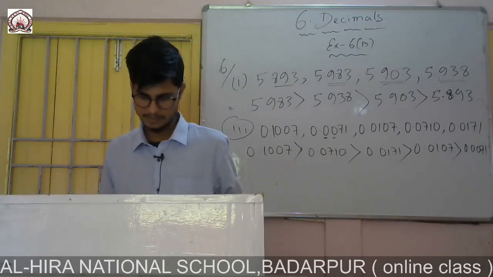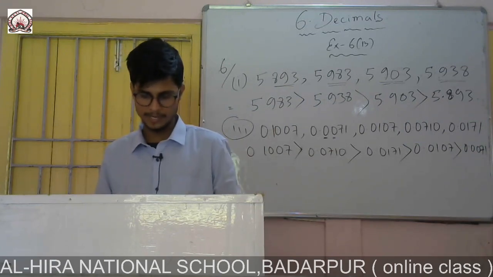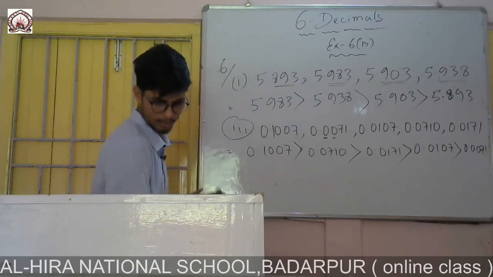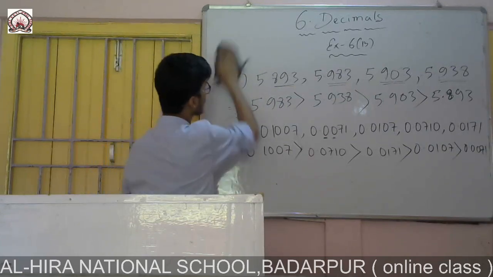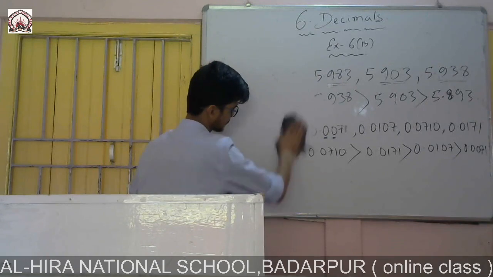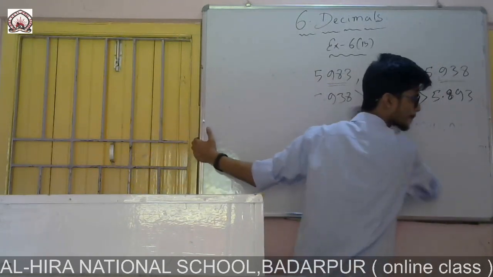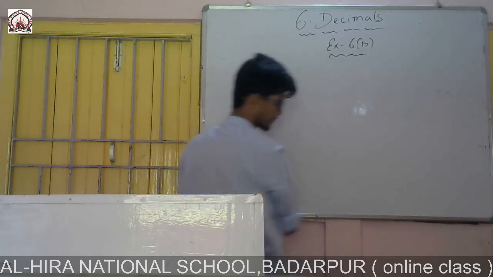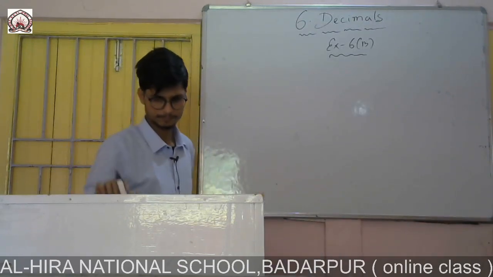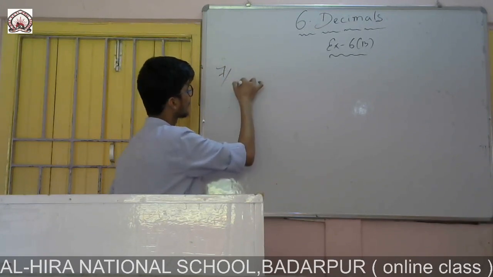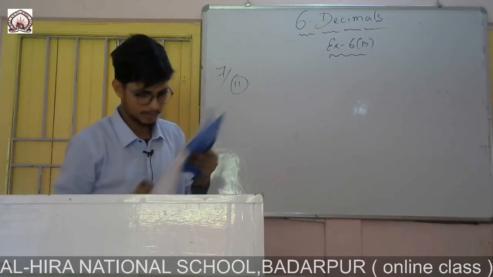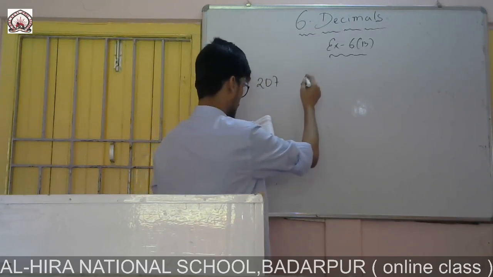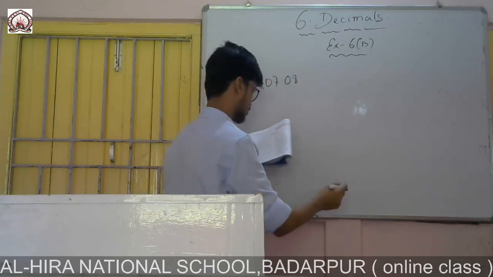Okay. Now the rest, Roman number 2, you try. Then question number 7, same, but here you have to arrange from the smallest to the greatest. That means in ascending order. So I will do only Roman number 2. One and 3 you do. Roman number 2, same like earlier. Only you have to arrange this in ascending order from the smallest to the greatest.